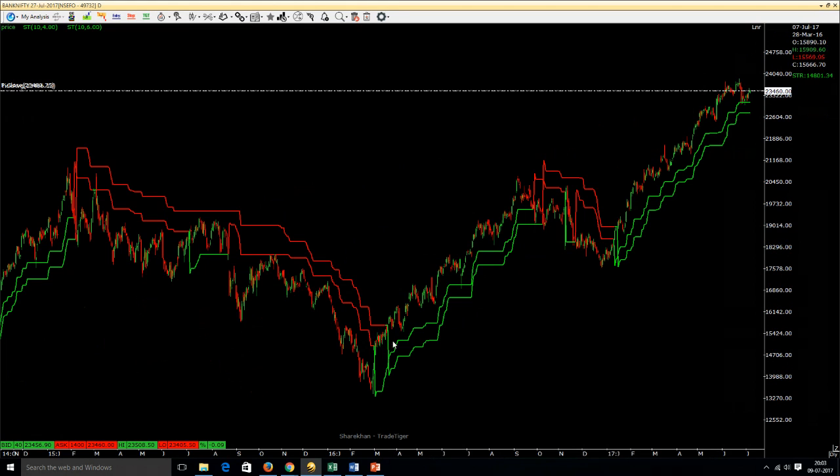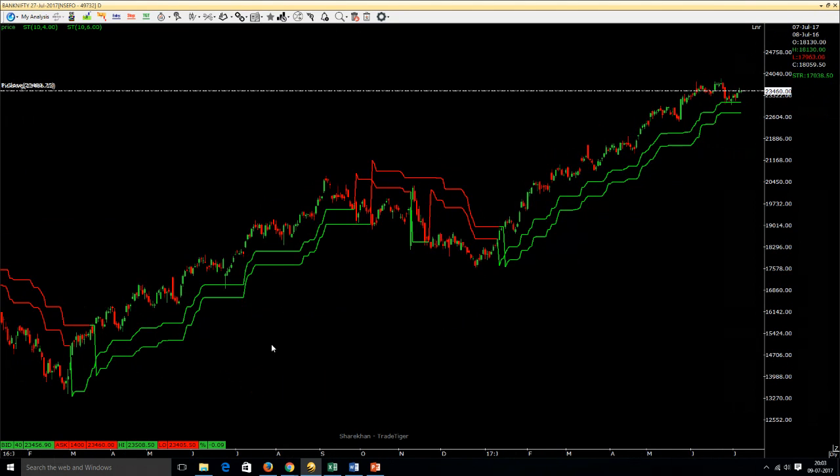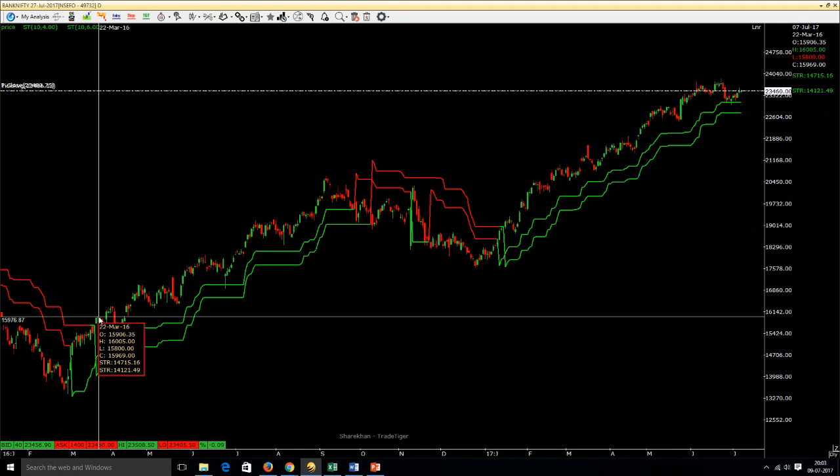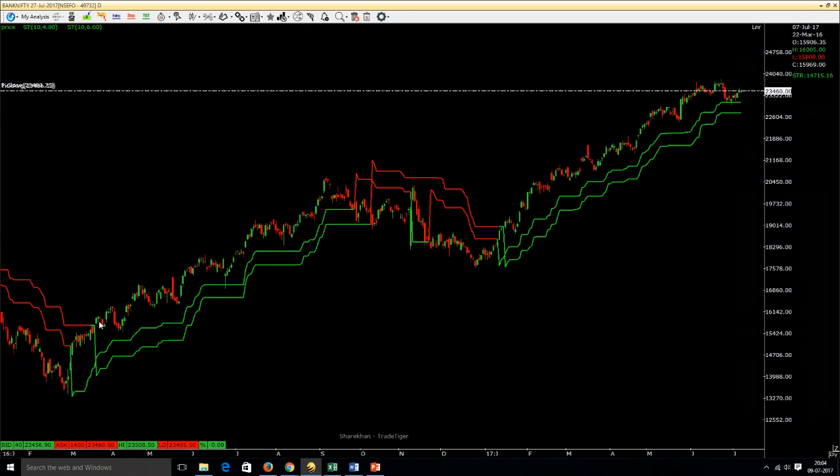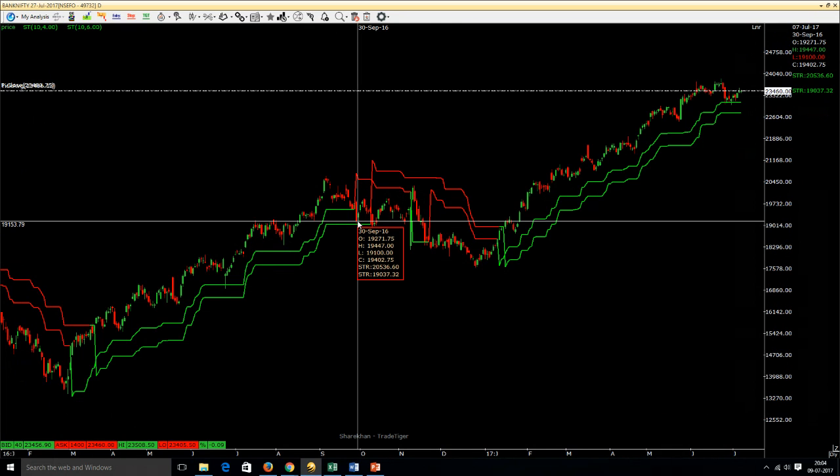We have not traded anything here, and as soon as the price moves up again from this intermediate zone and both the Supertrends go below, we became long at 15,976. So we initiated our trade at 15,976, and our direction is long or buy. Then we remain in our trade as long as our closing price is above both the Supertrends. And as soon as the price enters the intermediate section of these two Supertrends, somewhere here, we should exit from our trade, which is at